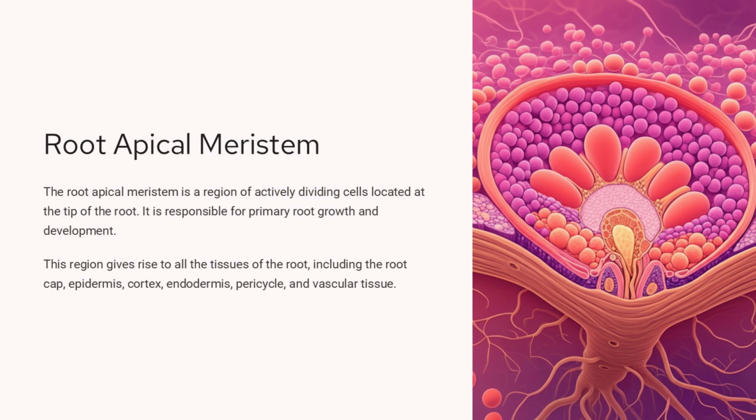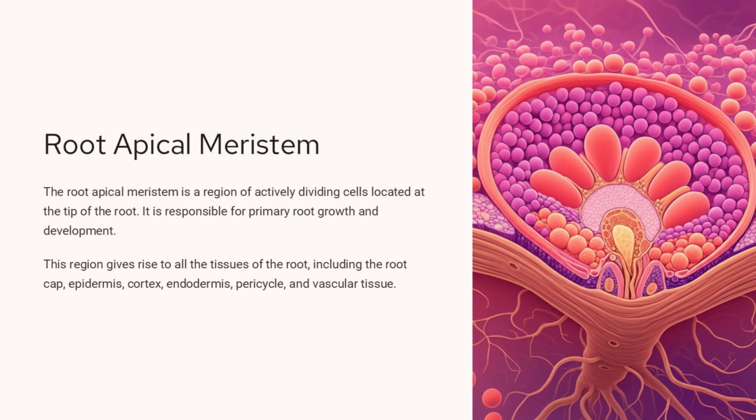The root apical meristem is a critical region at the tip of the plant root that drives primary root growth and development. This meristem contains actively dividing cells that give rise to all the major tissues and cell types found in the root. The root cap, epidermis, cortex, endodermis, pericycle, and vascular tissue all originate from the cells in this